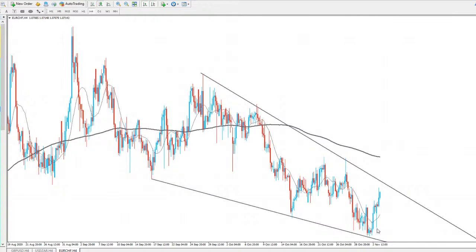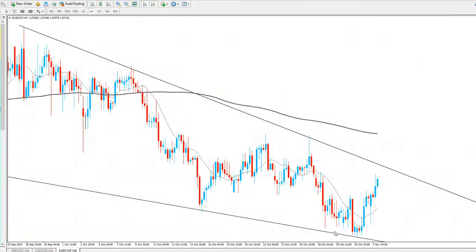But for us, it looks like Euro CHF could be on its way up. Obviously, if we fail to break through this trend line and see price come back down, maybe we could be changing our bias back to the downside. But for me, Euro CHF looks like it's on its way up, so it could be seeing a longer move for that pair. And again, I don't want to be buying the market as it is now. It's already had this move. We'll come up to that trend line as well.